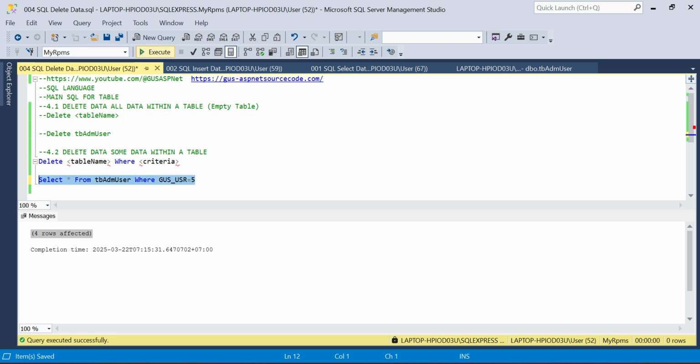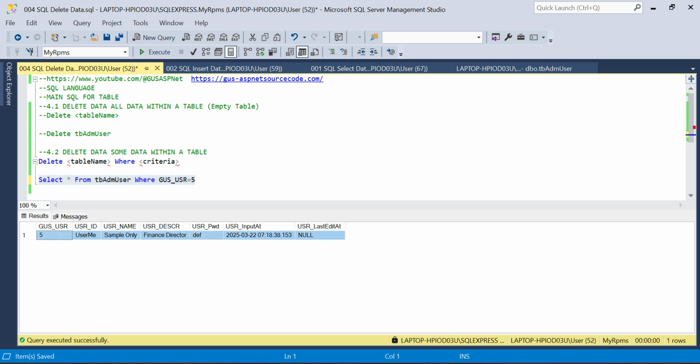Let's run this query. We have 1 data. Now since I want to delete this data, it is already correct. Now let's delete. Copy. Yes.